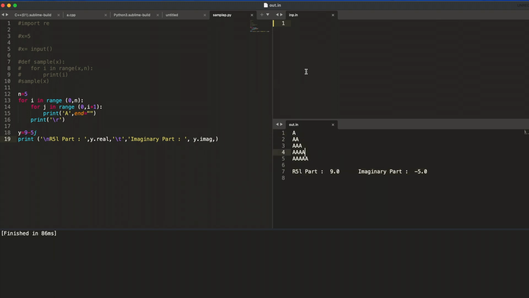Even if you want to input something, you can write the code and write the input here, and you'll get the output here. Okay, so our Python setup is done, and similarly you can do the setup for other languages as well. So here our setup for C, C++ and Python is done.